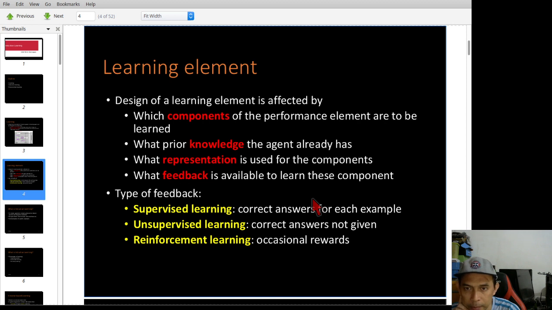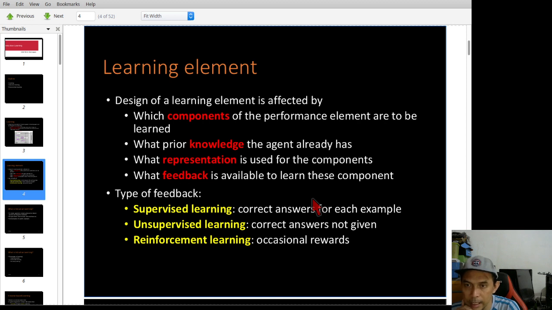The first one is supervised learning. This is based on the trainer giving examples to the agent during the training. That is what we call supervised learning.